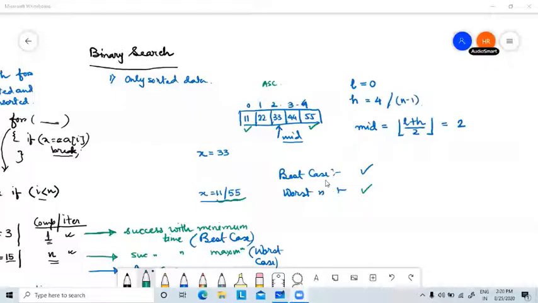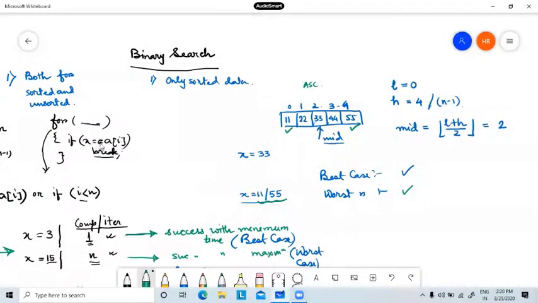Sir, what if there are two mid values, sir? That is a very important question. If there are more than 2 mid values, it can happen that the same value is present, but it depends on how you are writing your algorithm. If you write your algorithm like this, if I get a success, x equal to the element, then I will break.